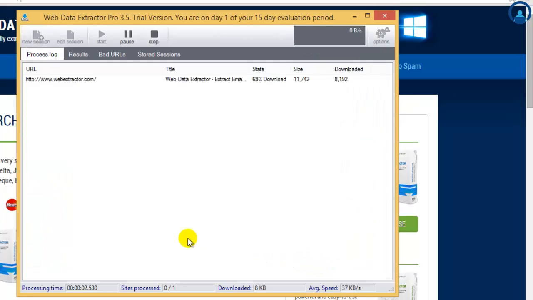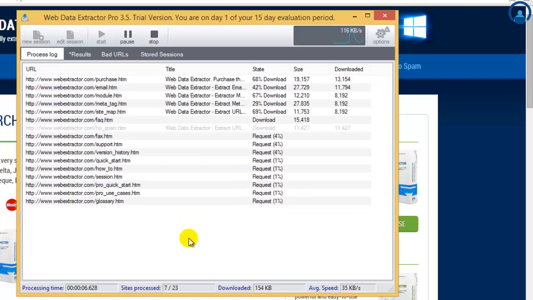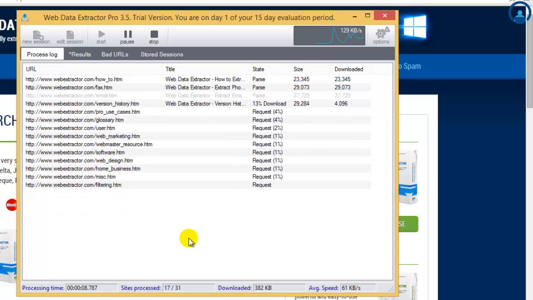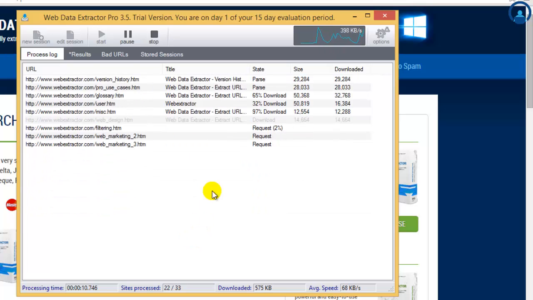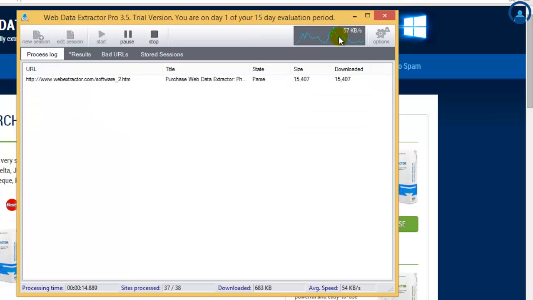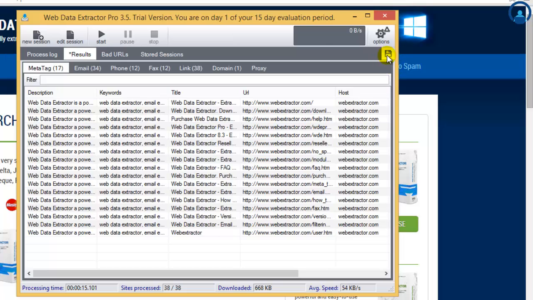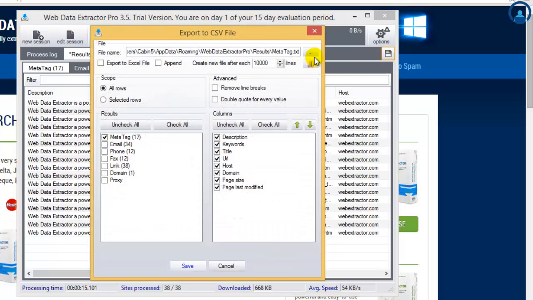So you probably won't get all of the information that you want over here since this is a trial version, but you actually get a lot of good information. Let's see what things we get. You could see the speed at the top hand side over here. Session is finished, and I'll just go ahead and save this, the tag.txt. Okay, and probably I'll just go ahead and copy this,